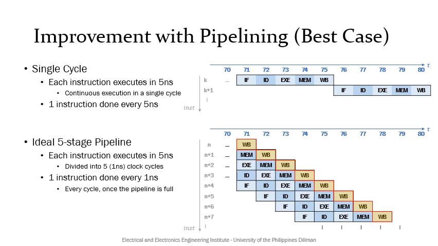Note that this speedup is exactly equal to the number of pipeline stages, which is 5 in this example. This is also the best case and the ideal speedup from a single cycle operation to a pipelined operation. Thus, if we just divided the data path and operation into 2 stages, then the best speedup we can expect is a maximum of 2.